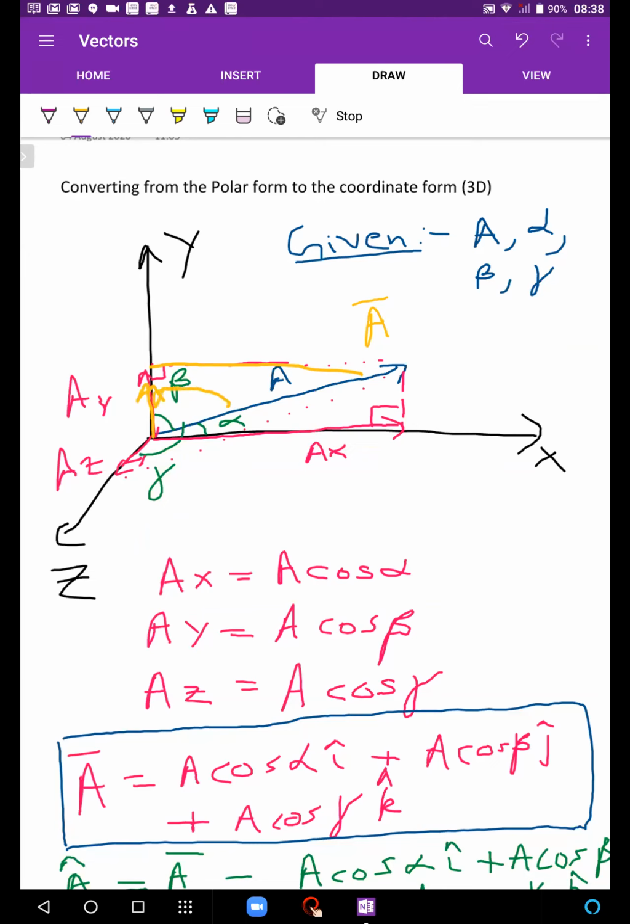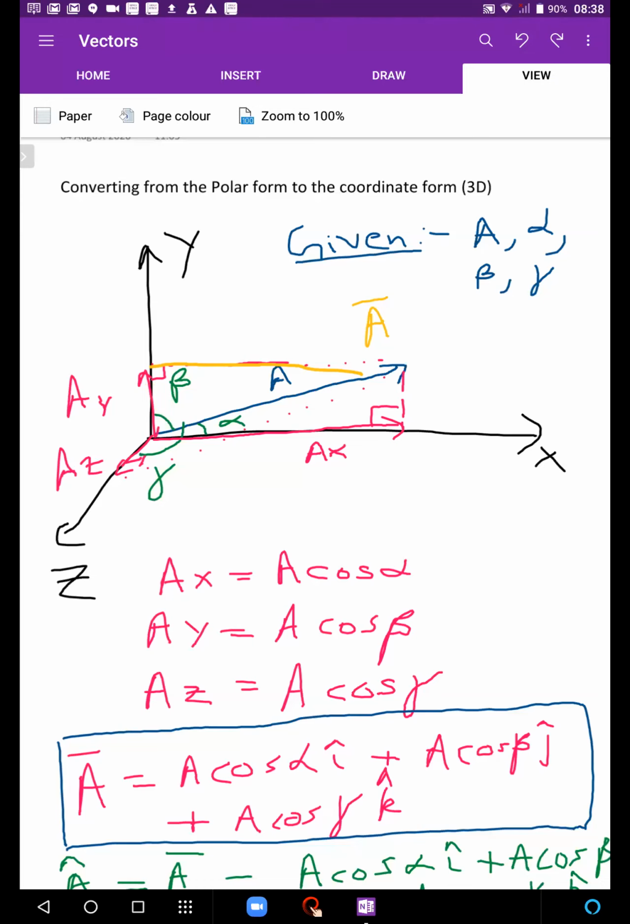Multiply the vector with cos of the angle it makes with the direction. So Ay is adjacent to beta. So Ay is a cos beta. Simple. And similarly for the other one,